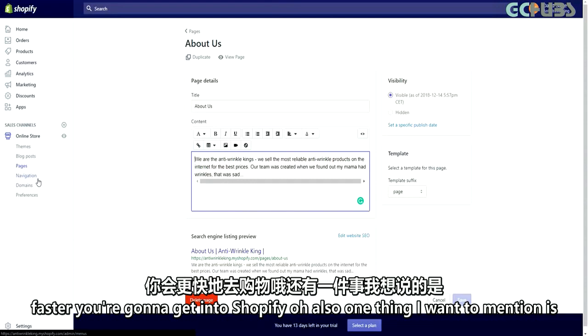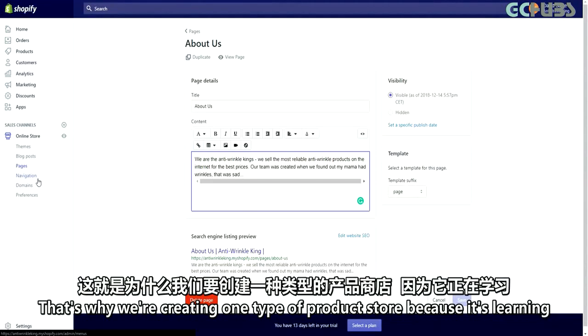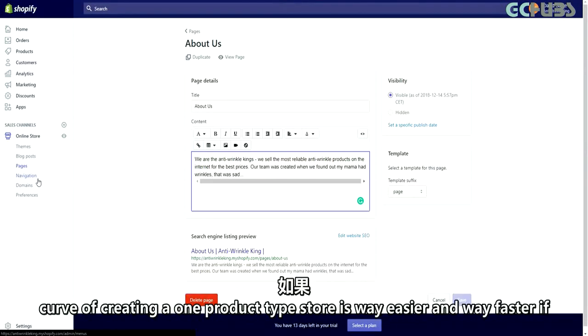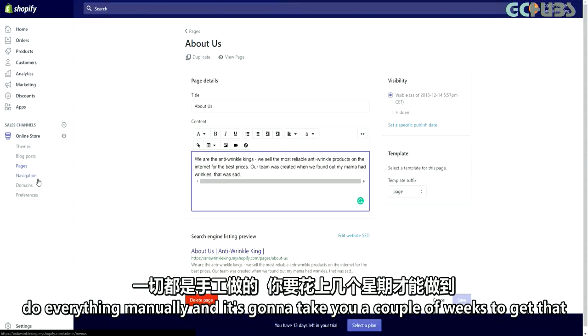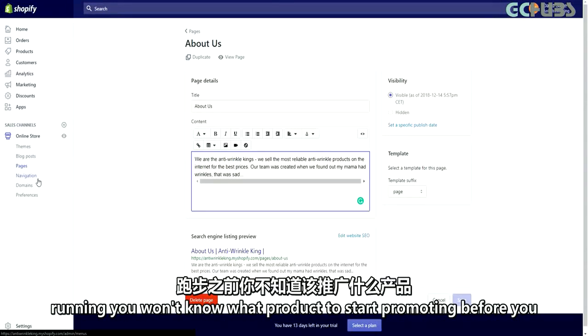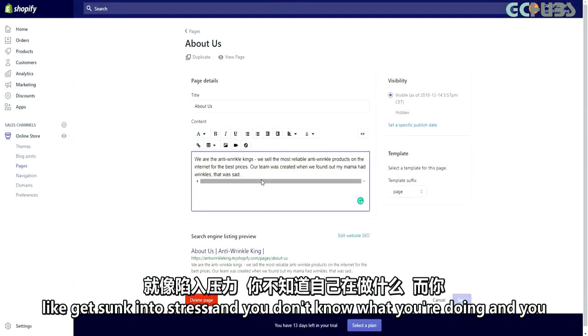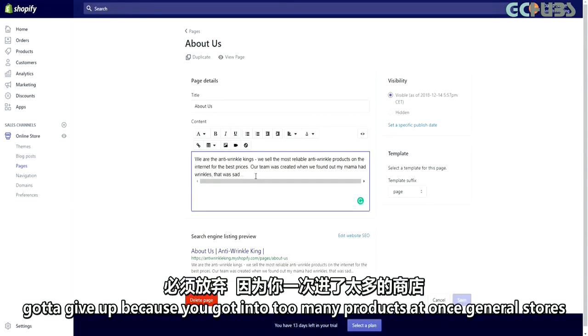Also, one thing I want to mention is that why we're creating a one type product store is because the learning curve of creating a one product type store is way easier and way faster. If you're gonna create a general store, you will have 20 products and you'll have to do everything manually, and it's gonna take you a couple of weeks to get that running. You won't even know what product to start promoting before you get sunk into stress and you don't know what you're doing,